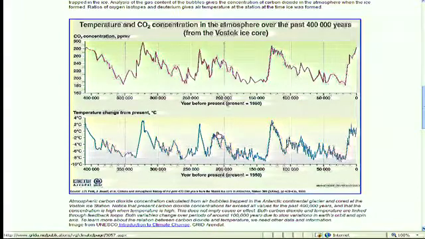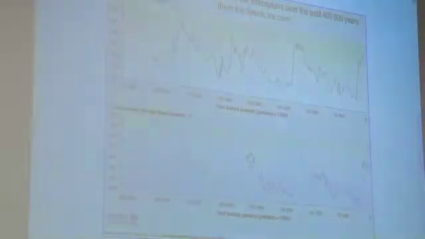From this perspective, it seems we have enough degrees of freedom, even by just looking at the raw data, not doing a correlation analysis. I guess if you correlate these two curves, you would find a correlation of 0.8, 0.9, something like this. But even just by eye, any physicist would say, yes, there must be some connection between these two. So this has been a very strong argument in recent years also by climate scientists